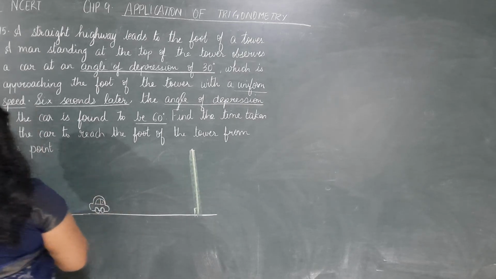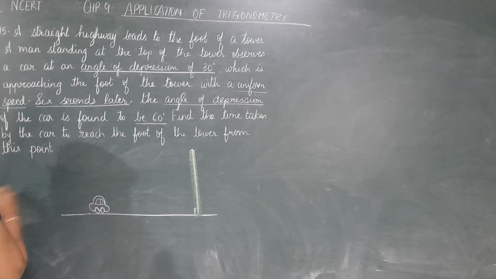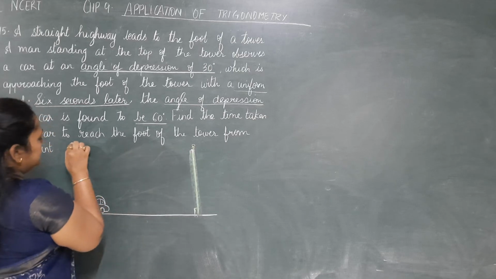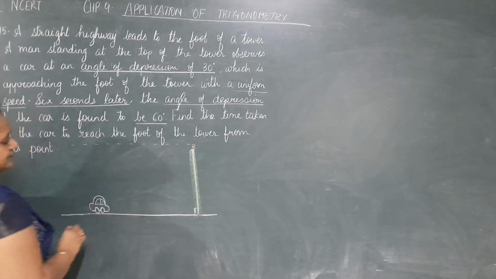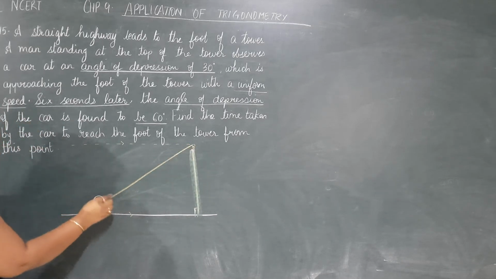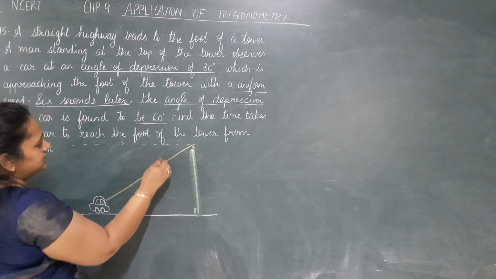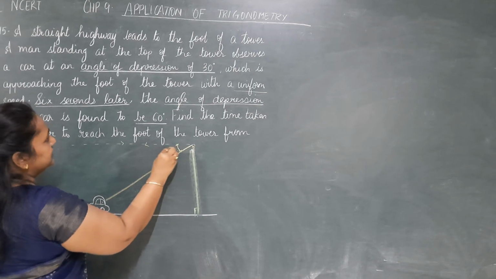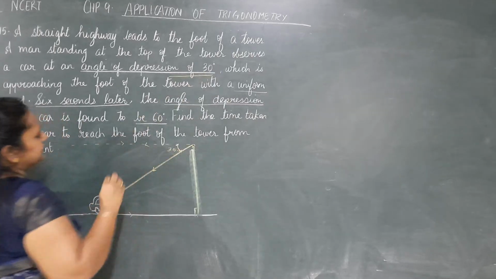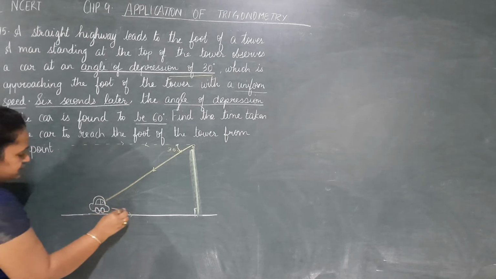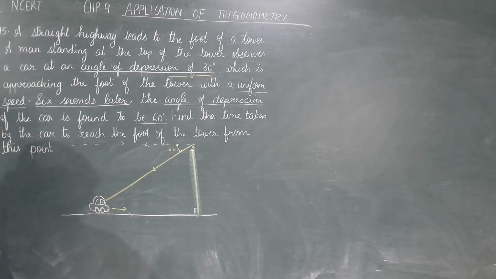Okay, again we are talking about angle of depression, so we need the horizontal at the eye level of the person standing here, right? So, we need the horizontal, which is going to be parallel to the base. From here, the angle of depression. The angle of depression is the angle between the line of sight and the horizontal. So this angle of depression initially was 30 degrees. And the car is approaching. The car is moving in this direction, towards the foot of the tower.